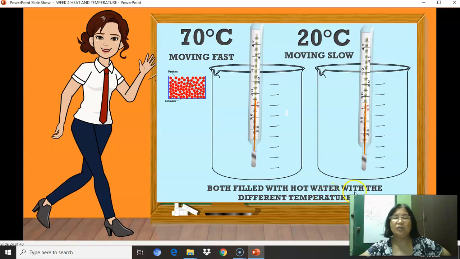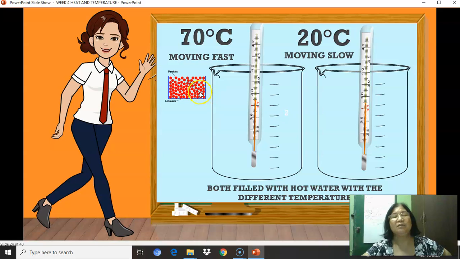Both filled with hot water with different temperature. Same size. They have the same content. Where do they differ? In temperature. So, the temperature of the first beaker is 70 degrees Celsius, while the other beaker is 20 degrees Celsius. So, since this beaker has higher